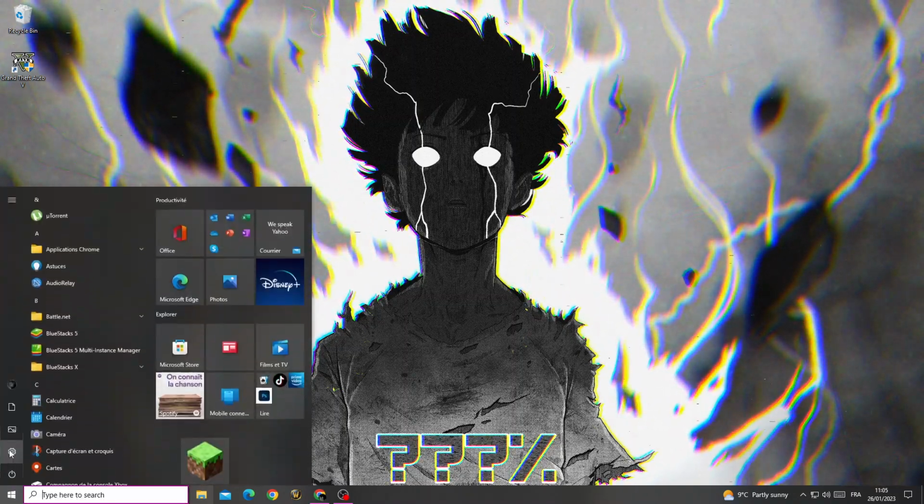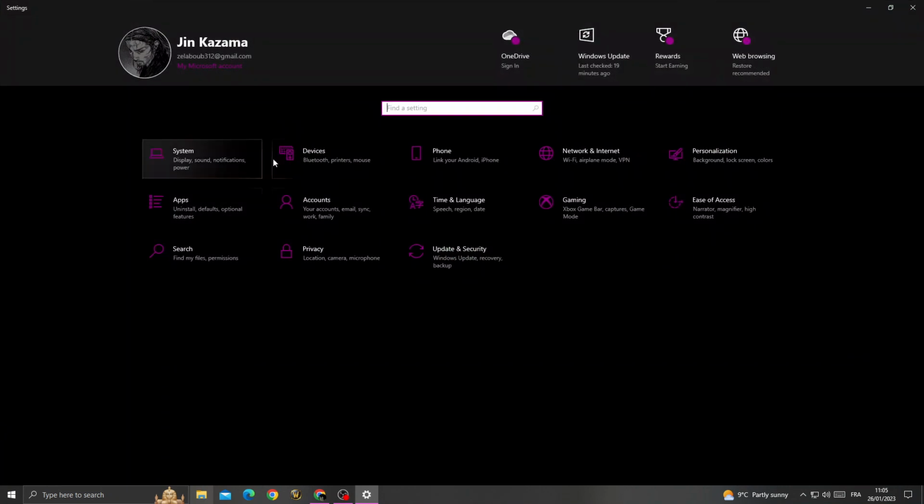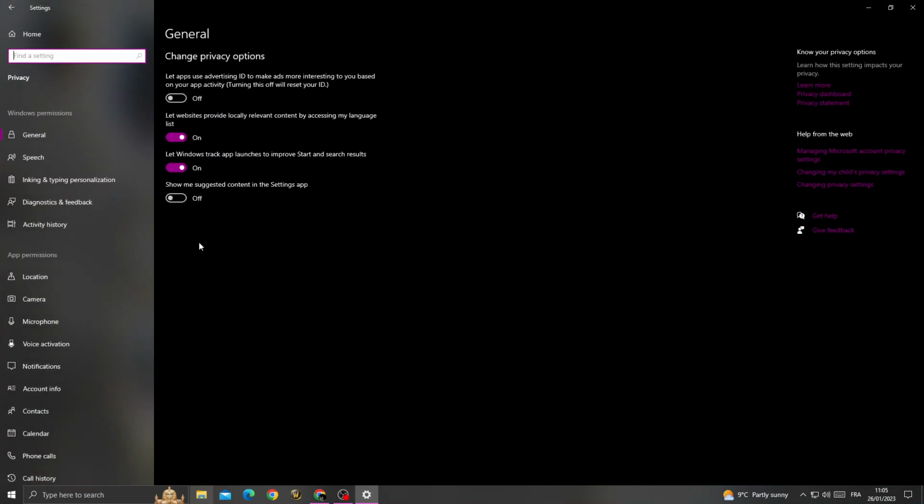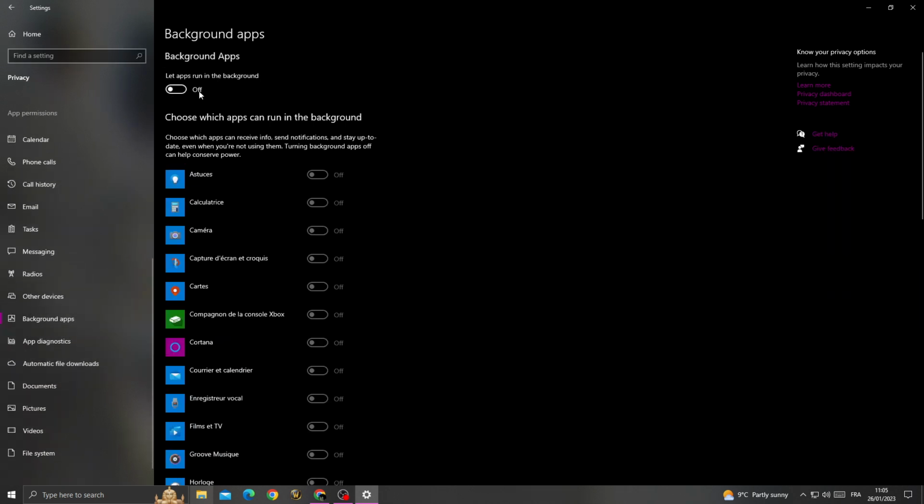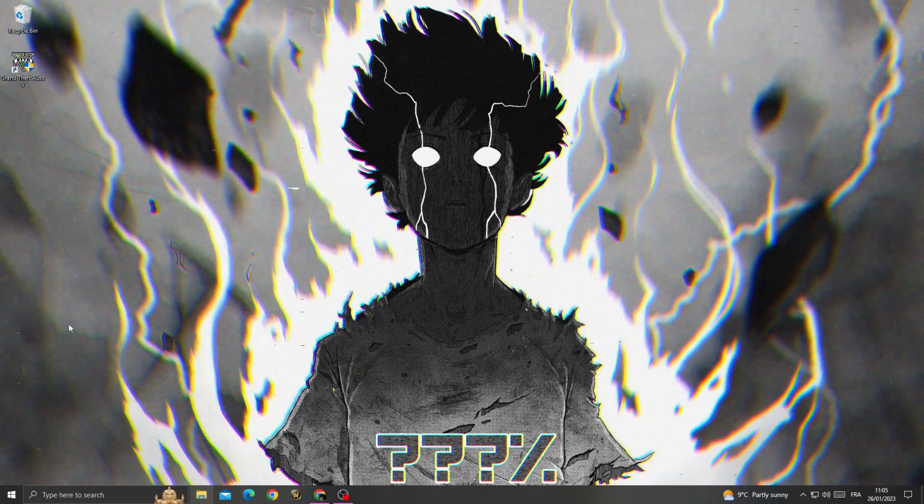First open settings and then click here privacy, scroll down, go to background apps, turn off all background apps just by turning off the first option, and then